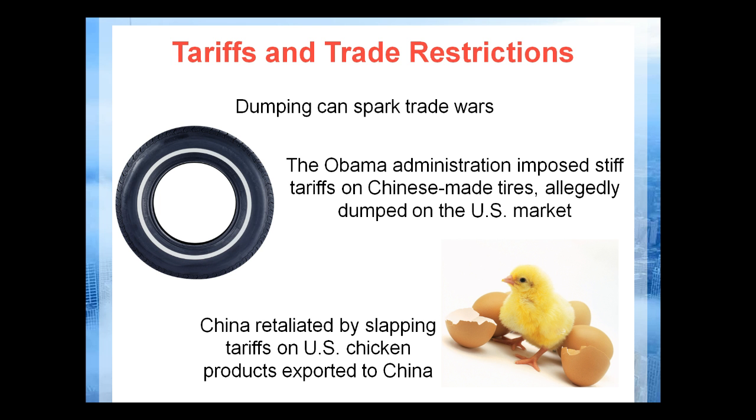Now, this is just one example of a tariff that the United States has imposed on Chinese-made tires. So we ought to think about all the types of things that different administrations that come in would impose that would restrict what you have been able to do in the past, but now are not able to do, or can do only with significant fees or tariffs.